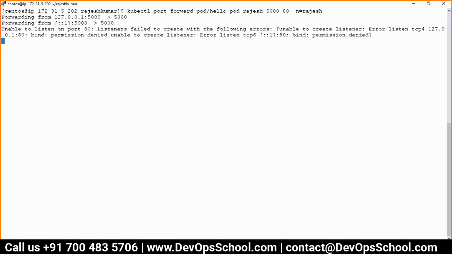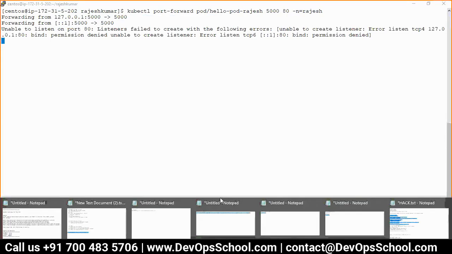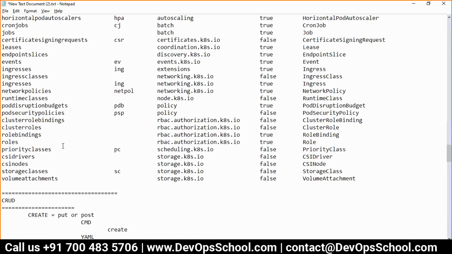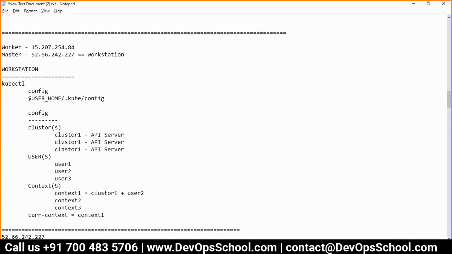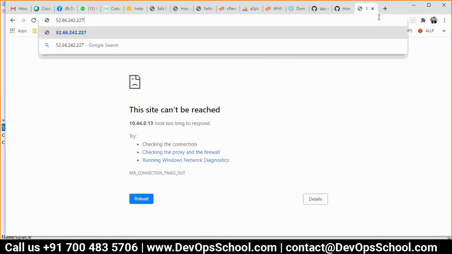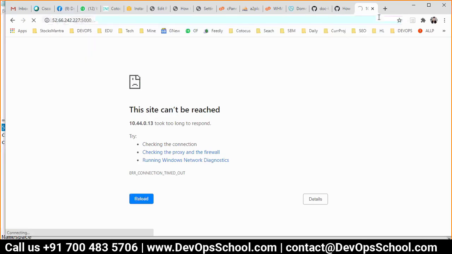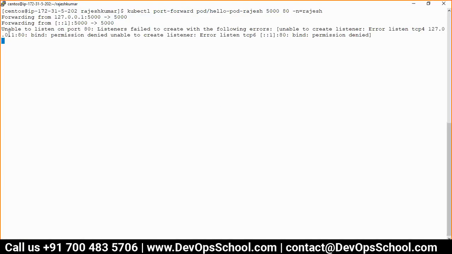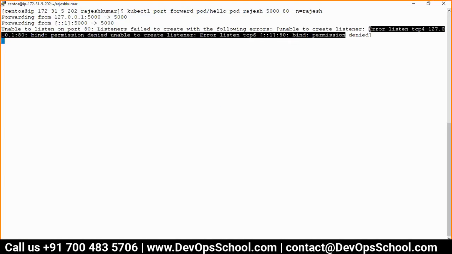Maybe I'm thinking it's permission denied, but maybe it got corrected. If it is root, then it will happen quickly. The port number is 5000. No, no, no, no. Okay.